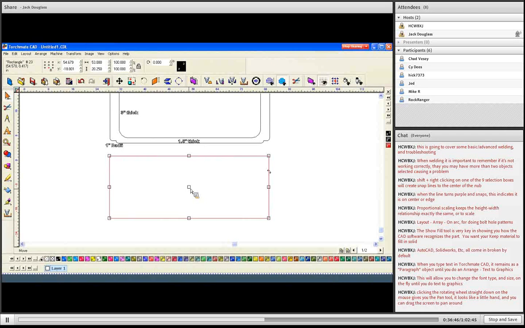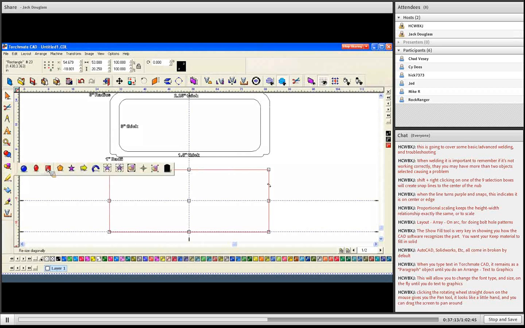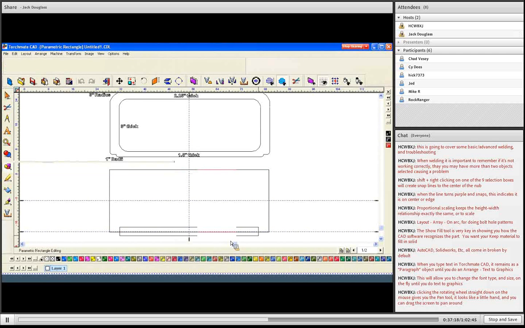So at this point, then, what I would want to do is put our inside rectangle in. So the first thing I'll do is I'll kind of have a guide. So I'm going to shift right-click again, get a center guideline. I also want one on the bottom here, so I'm going to shift right-click on the bottom to give me a guideline along that bottom edge. Now, what we can do is go back to the shape tools, choose our rectangle, and I'll just draw one along here